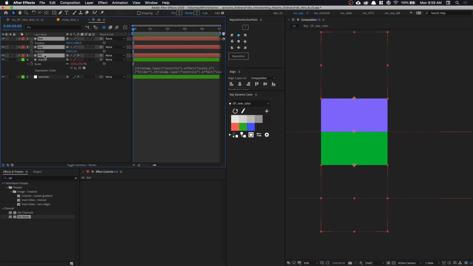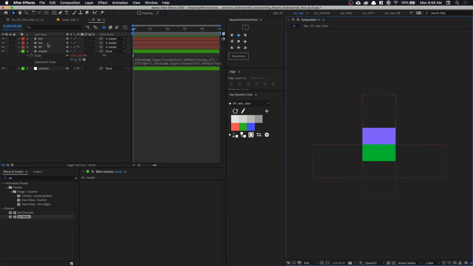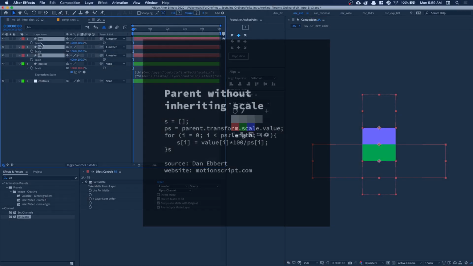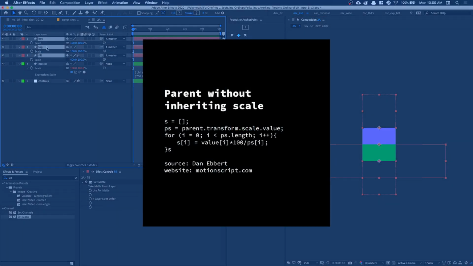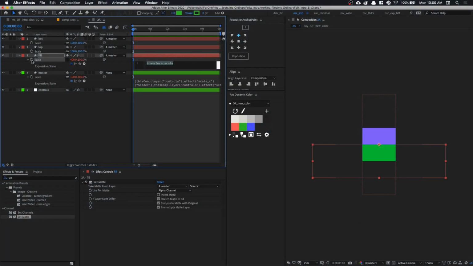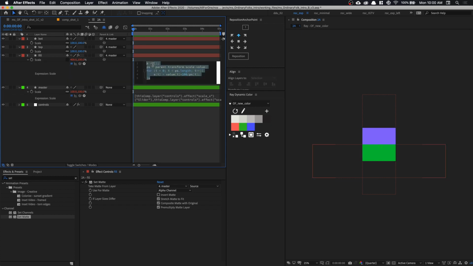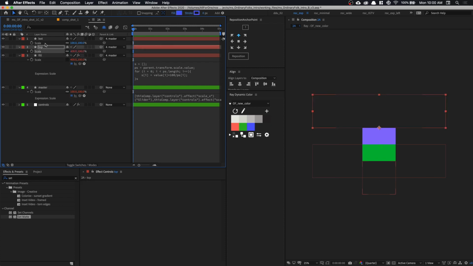Let's parent actually everything to our master now. So now that we parent it to the master, we are going to enter an expression into the scale so that it does not inherit the scale changes from the master layer. You can copy this expression and then just paste it onto the scale. This expression is from Dan Ebberts. You can check how this expression works by going to his website, motionscript.com,